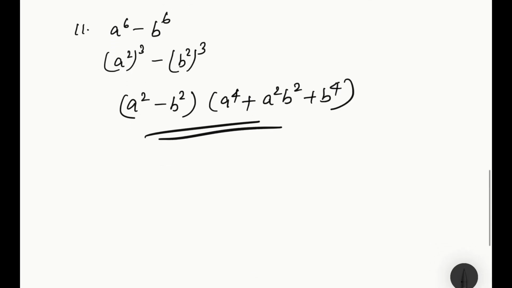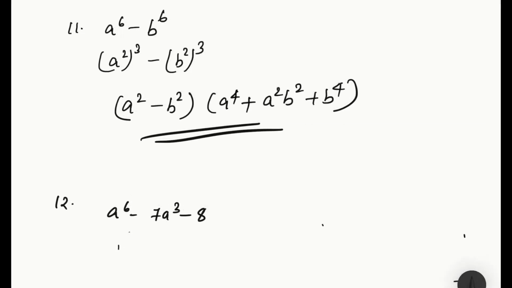Now coming to the 12th question. Question number 12. We have a to the power of 6 minus 7a cube minus 8. Okay. In this case, how are we going to solve it? Okay. Let's see how to solve it. We can write this as, I can take out a to the power of 3 here, right? So what do I get?